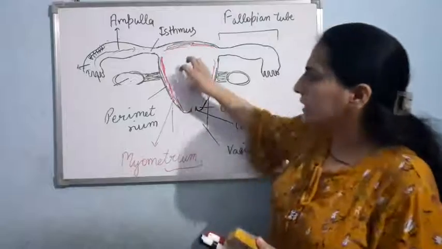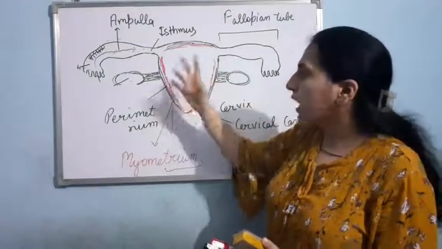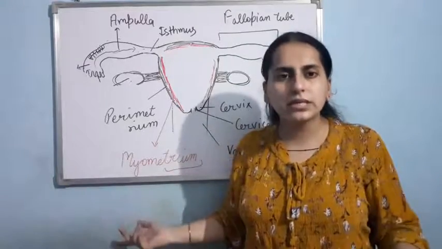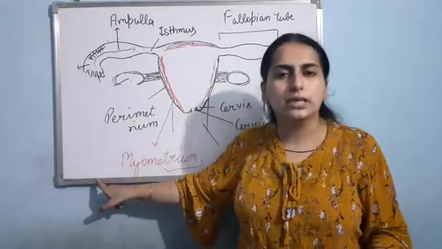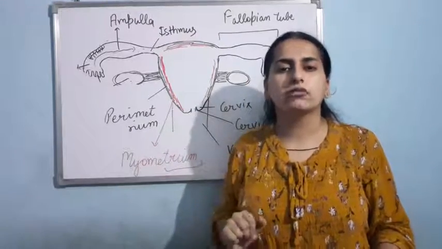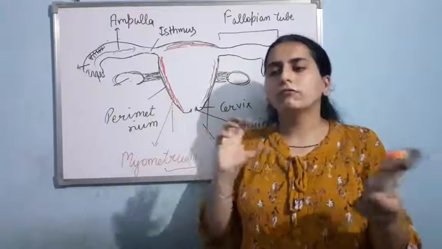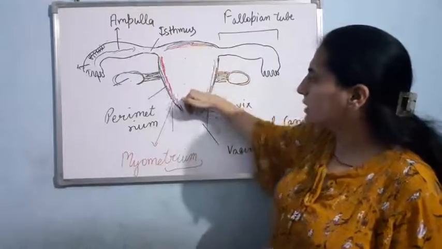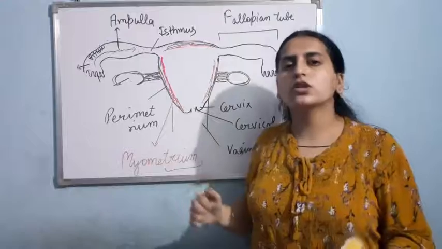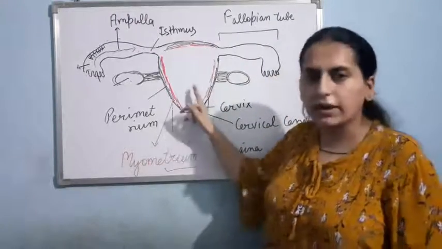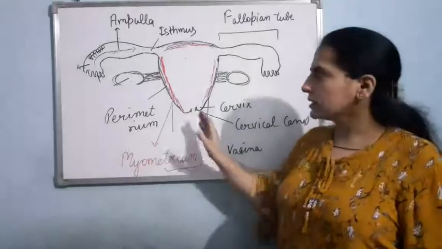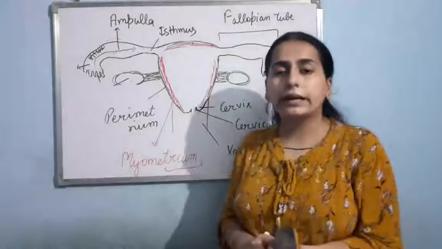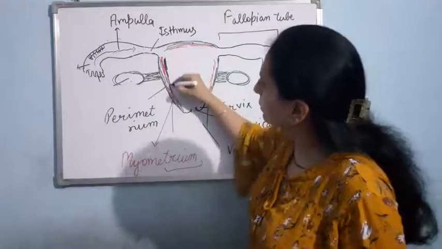Is it fine? The fetus is there in the uterus for the 9 months. After that, the myometrium will start contracting, relaxing, as they are made up of muscles. If they wouldn't have been made up of muscles, then this thing wouldn't be possible, because muscles are doing the function of contraction and relaxation. So they will contract, and as a result the fetus will undergo parturition or delivery, and it will come out through the cervical canal and the vagina. Is it fine? Now the innermost layer, this is endometrium, and this is very important layer basically.